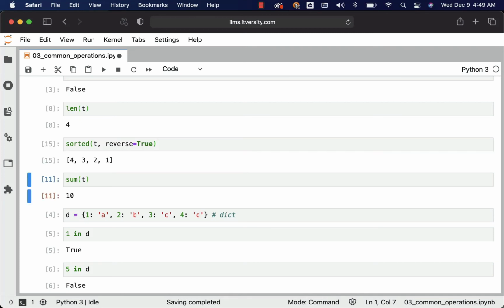If you have created these collections using complex objects, not the primitive types, and if you want to customize the way the data has to be sorted, then you can also pass another keyword argument called key, and you should be able to pass the functionality that is required to identify based on which logic the data should be sorted. We will see those examples at a later point in time. For now, we have explored some of the common operations that can be performed on top of tuple as well as dict.